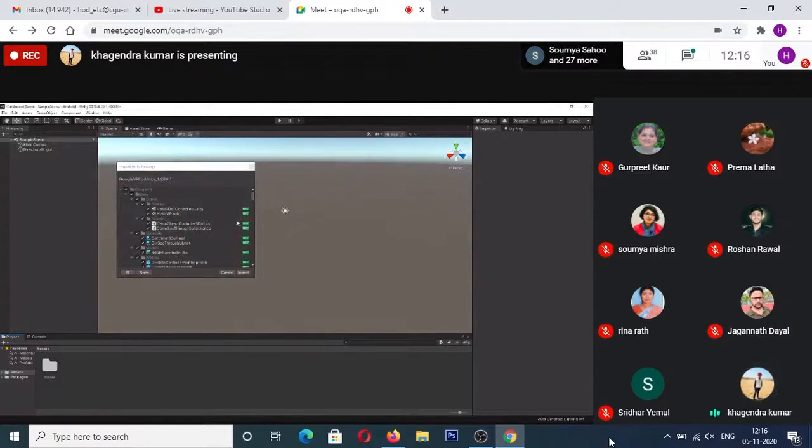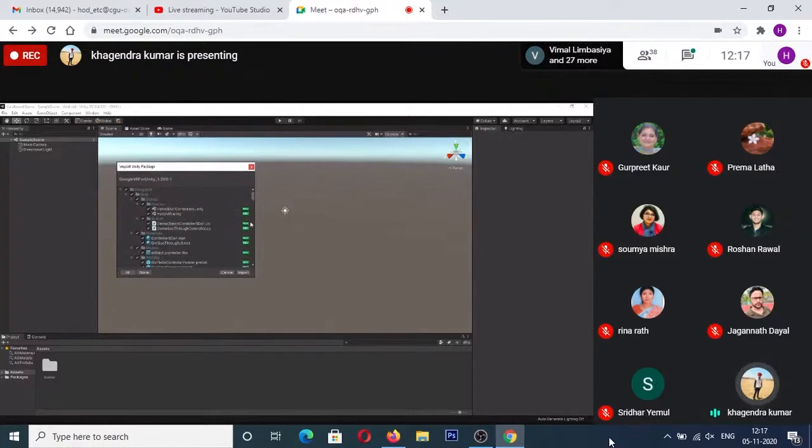And once you import it, you will be shown the details, like what are the things that are there in this entire package. If you want, you can just scroll around and look into what are the packages that are there, and if you want to customize it, you can still customize it. Let's say, for example, I don't need the readme file, so I can just uncheck this file and it won't be imported onto my scene. So I can look into what are the things that I don't need, and go ahead and select what I need.